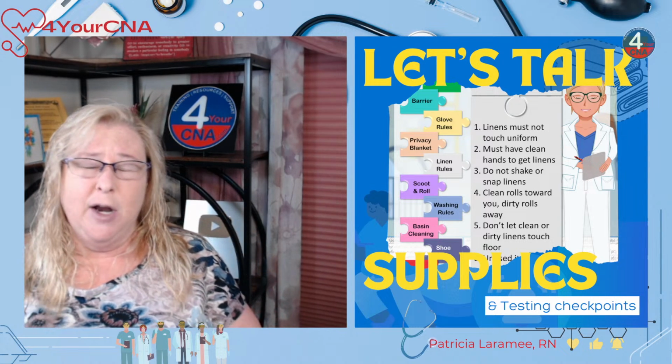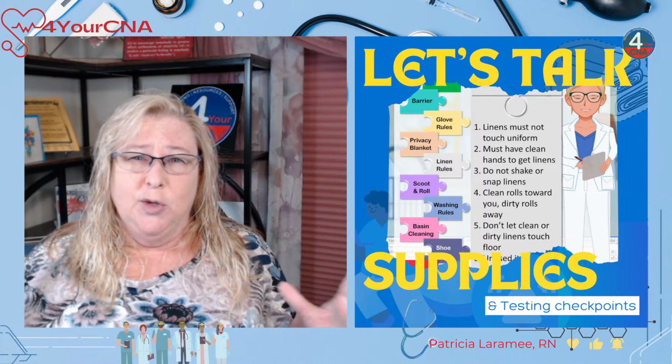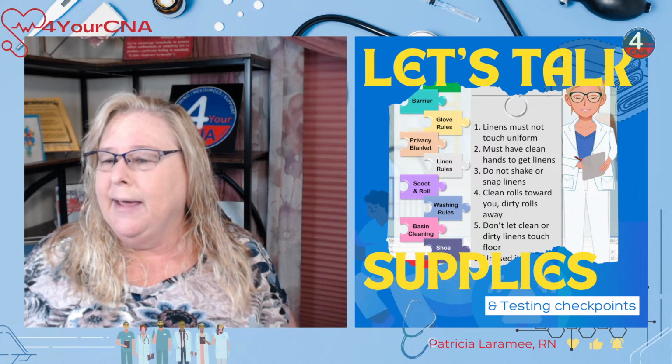Now, something that always trips students up when they're getting ready for the test is, do I have to get all of the right supplies? You know, what if I forget a washcloth? Or what if,